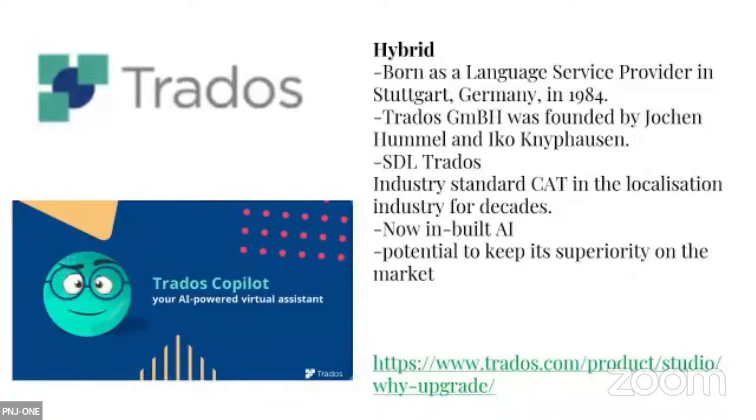And now it has the potential to keep that superiority going because it's become a hybrid of CAT tools and AI. So it's become even stronger. I think it has potential to stay on the market even longer. So there's a video there, but we can skip it. It's from their website, so it's a sales pitch. What I'd like to talk about instead,